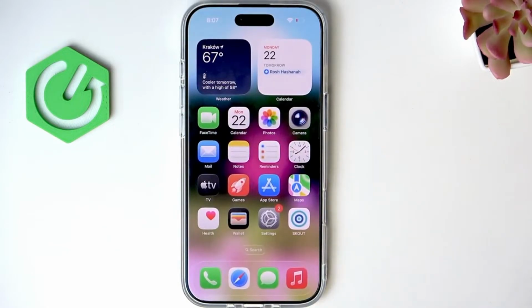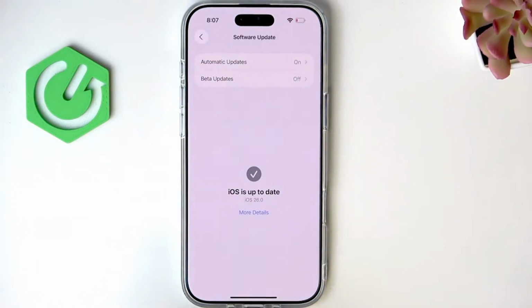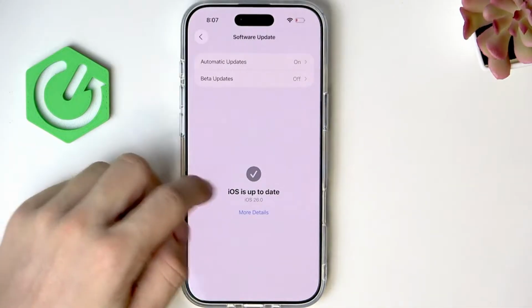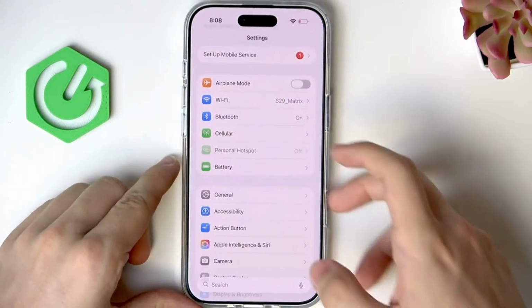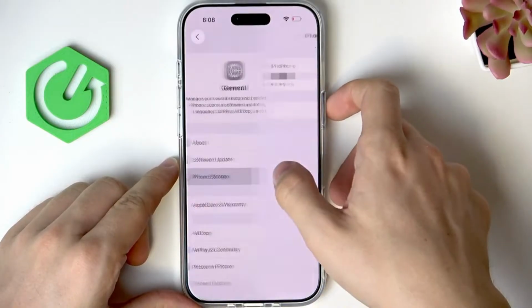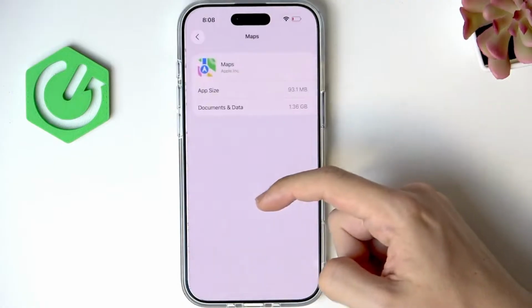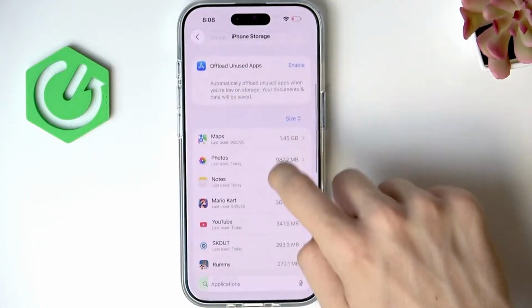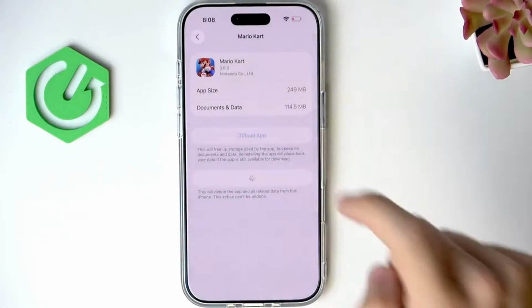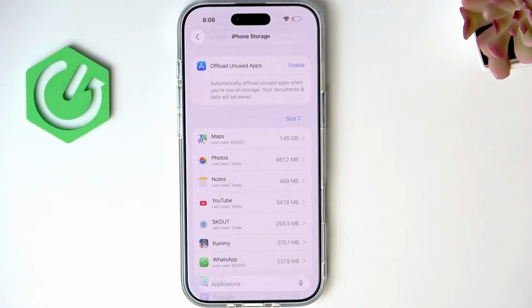Now also you may want to free up storage space because low storage on your iPhone may cause problems. So go to Settings, General, iPhone Storage, and now if you are low on storage, then you may want to uninstall some apps or delete some photos that you don't need, or delete some data within an app. And now let's get to the last thing